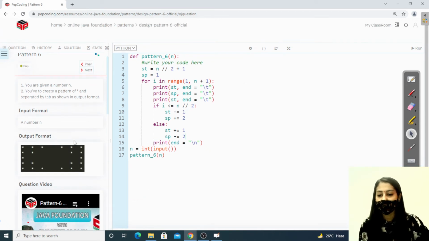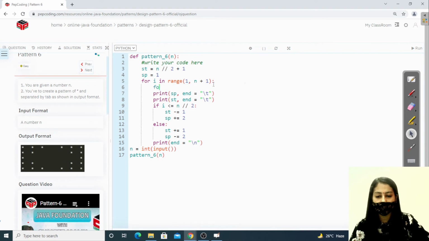Now in order to get this pattern, we have to print the number of stars specified by the star variable here. Then the number of spaces specified by the space variable here, and again the number of stars here. So in order to print a specified number of stars, we can use a for loop, right?